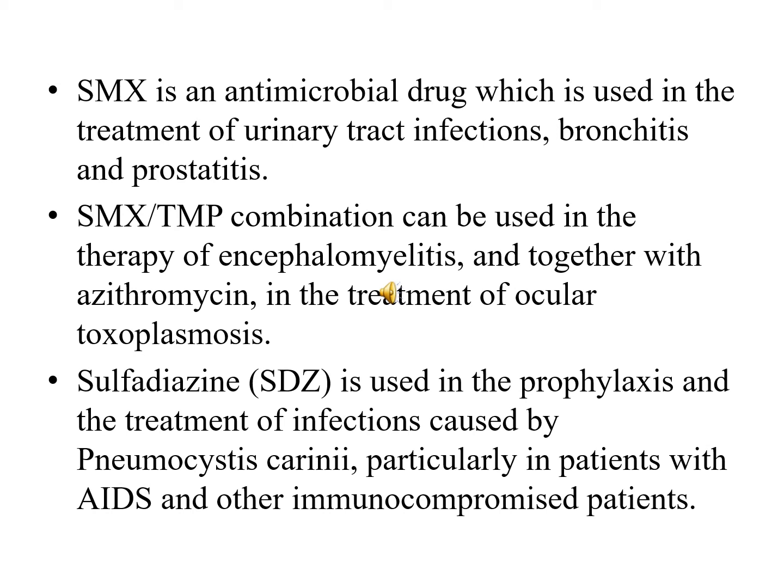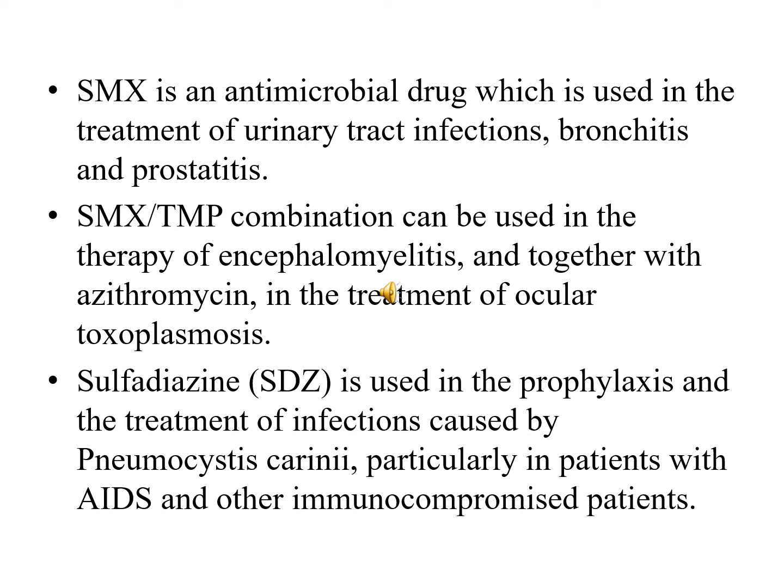Sulfamethoxazole is an antimicrobial drug which is used for the treatment of urinary tract infection, bronchitis, which is inflammation in the bronchi and bronchioles, and prostatitis, inflammation in the prostate. The sulfamethoxazole and trimethoprim combination can also be used in the treatment of encephalomyelitis, inflammation in the brain, and together with azithromycin, which is an antibiotic, it is also used in combination